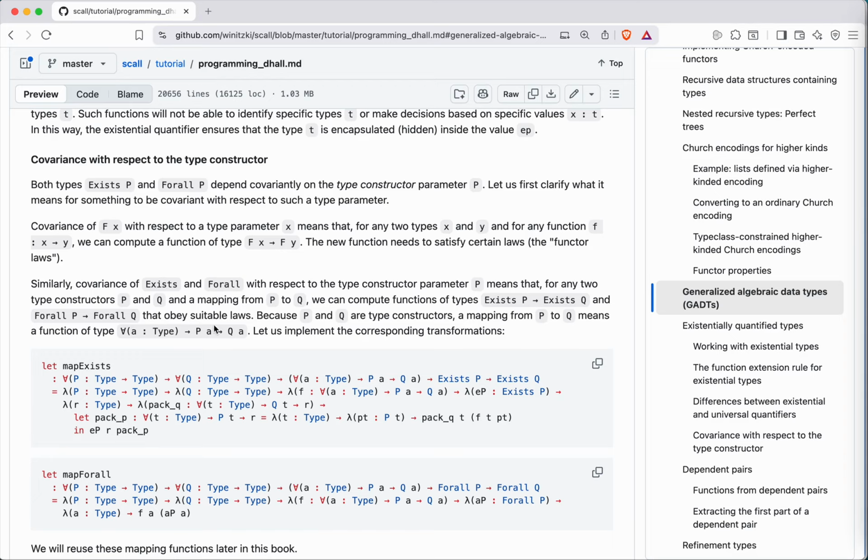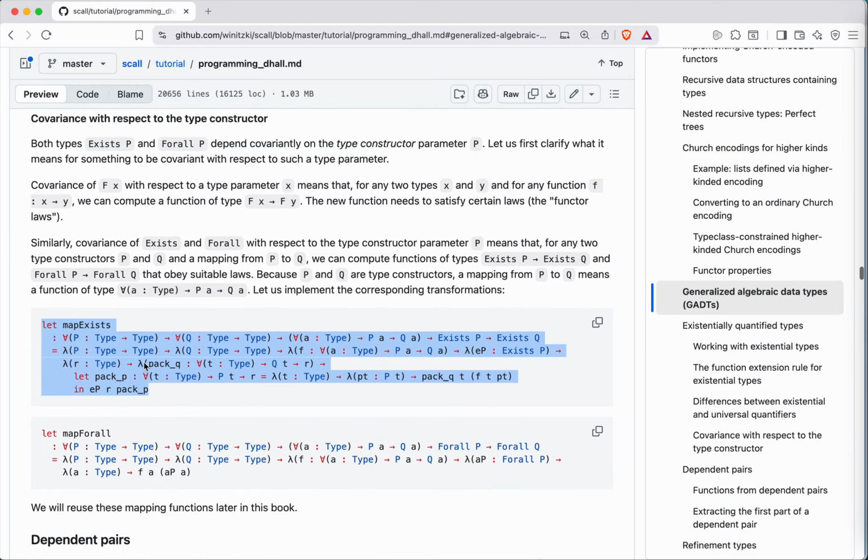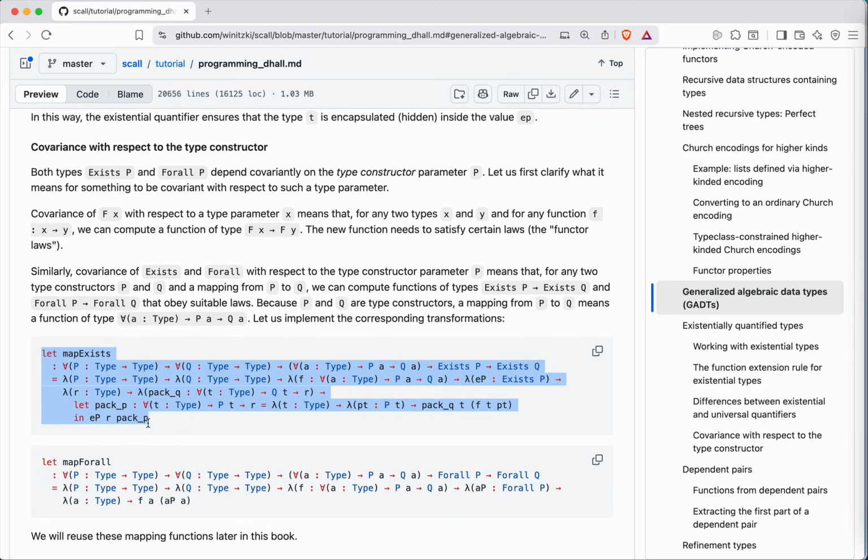So if you have a function of this type, then you can create functions of this type and also of this type. And you can actually create generic helpers that show you how to do that. So this is the code. So how do they work? Well, they work quite formally. They just substitute arguments in the right way. And this is a little complicated, but